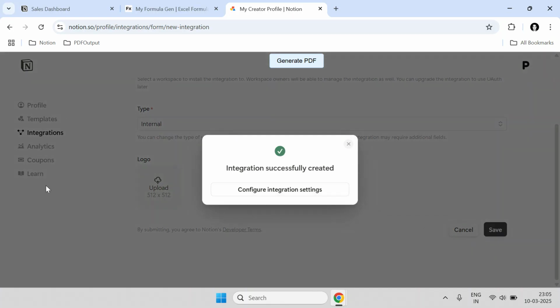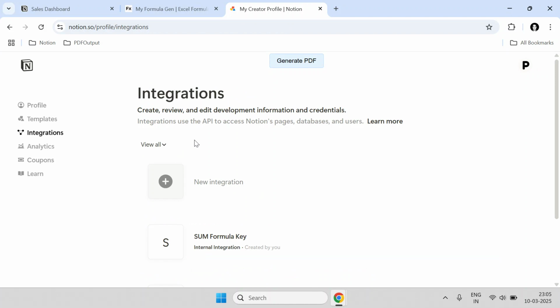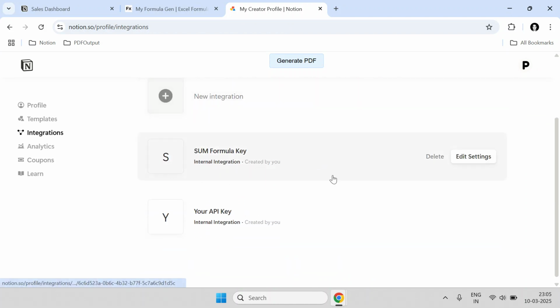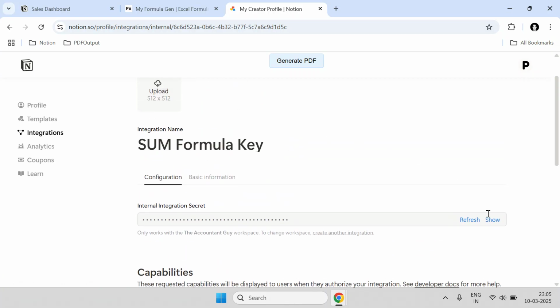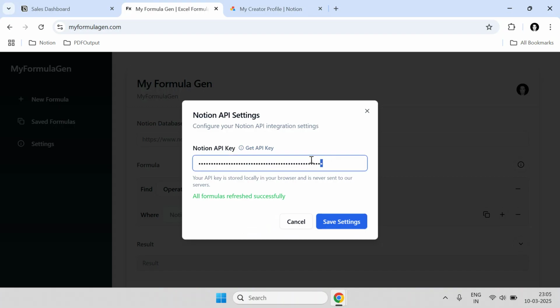So I have created a new key right away, and right now let me just go back to integrations, and you can see this particular key which has been created. Okay, click on this and you will be able to see this internal integration secret popping up. Click on show, it will present to you the entire API key. Click on copy. So we need to copy this entire API key from here, and we need to paste it over here in the Notion API key field. Okay, so I'll just press control V or command V, click on save settings, and the new API key is stored